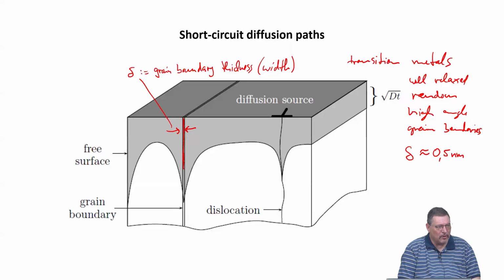For alloys, it's more complex because you always have a tendency to have segregation, and so you have an additional strain field from these different atoms going to these places and segregating at the boundary. And they might not only segregate in the mathematical boundary plane, but also to nearby lattice sites. That makes the definition of the width of the boundary a little bit more complex. So you would then need to define a structural width, a chemical width, maybe a width depending on the strain distribution as a function of space across the boundary.